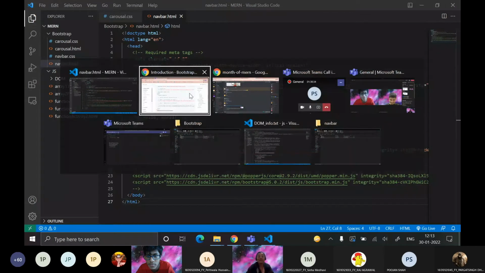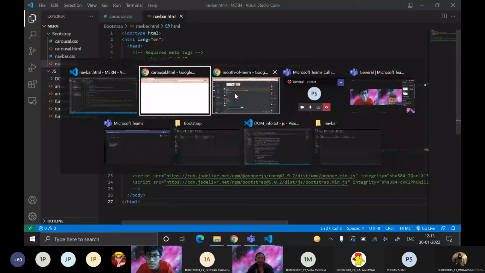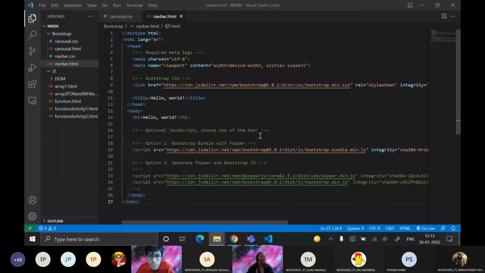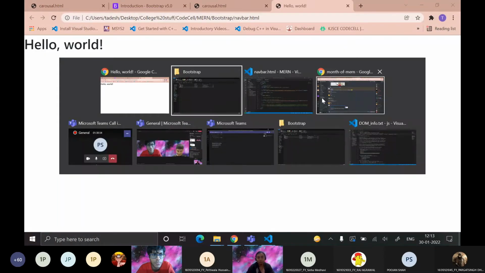You don't have to put a lot in the head. Also, live server is not working on my laptop. I had to reboot it this morning, so excuse me for that, please. Just a second. Okay, so I've created a folder over here, and you will get all the code that is needed. Hello world is showing right now because we have not put in the nav bar. This is basically just the layout